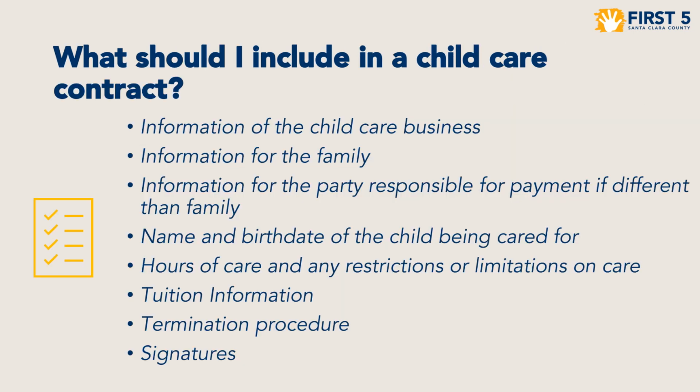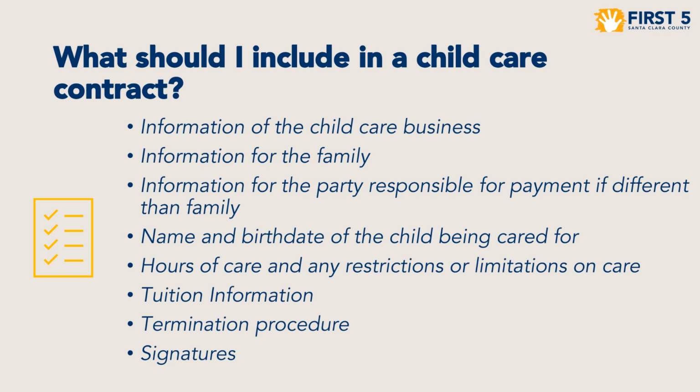What should I include in a child care contract? Child care contracts can differ between child care businesses because each provider has their own way of doing things. However, all agreements should include basic information about the family, children, and child care business, as well as an outline of the services provided and responsibilities of both parties, such as names and contact information of the child care business, names and contact information for the family, names and contact information for the party responsible for payment, if different than family, name and birth date of the child being cared for, hours of care and any restrictions or limitations on